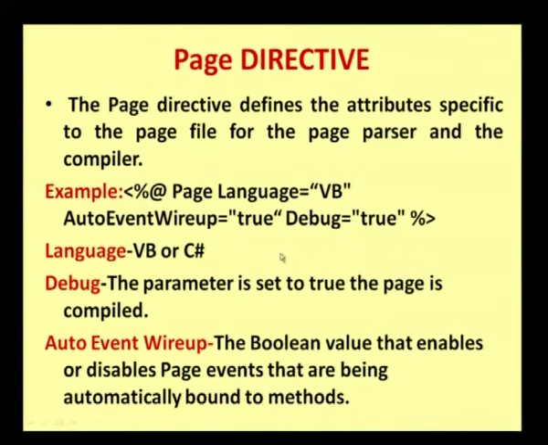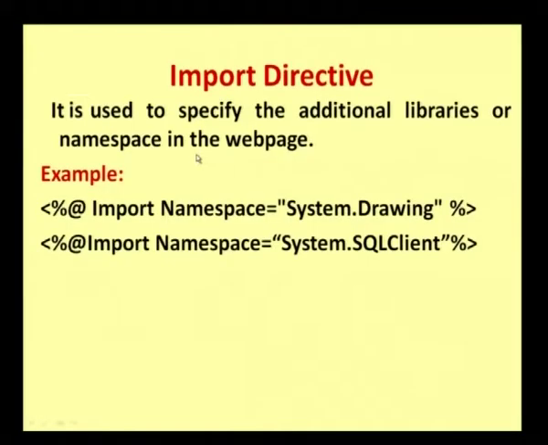We have to set it as true to compile and get the values. Language can be VB or C#. When the Debug parameter is set to true, the page will be compiled. And AutoEventWireup is a boolean value that enables or disables the page events being automatically bound to the methods. So these are some of the attributes related to the page directive. The page directive defines the attributes specific to the page file, that is, ASP.NET page files, and the attributes are given below. And the next important attribute is import, which is used to specify additional libraries or namespaces required